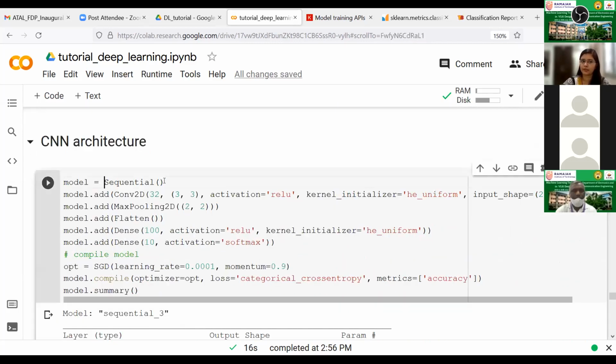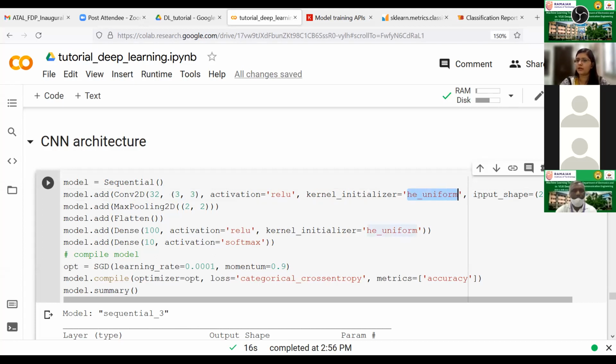Again, we will have a Sequential model, and the first layer we add is the convolution layer, Conv2D. Here 32 is the number of filters, the size of the filter is 3 cross 3, the activation is ReLU, and we have initialized it with HE uniform, so the weights are initialized with values randomly selected from the HE uniform distribution.